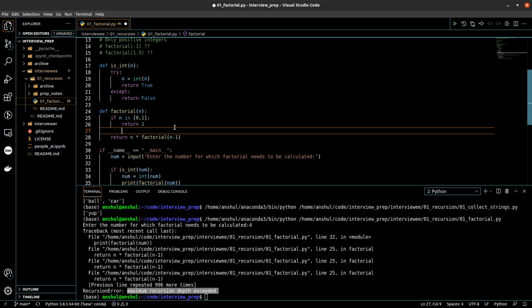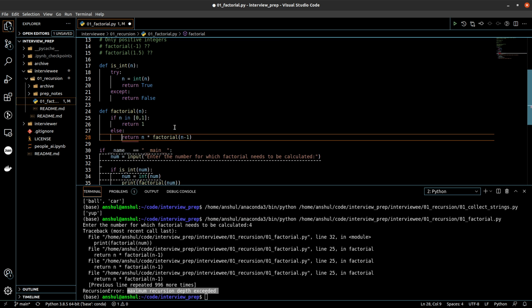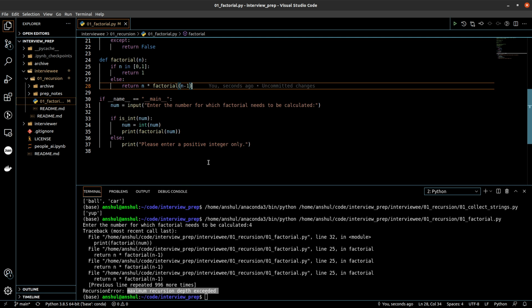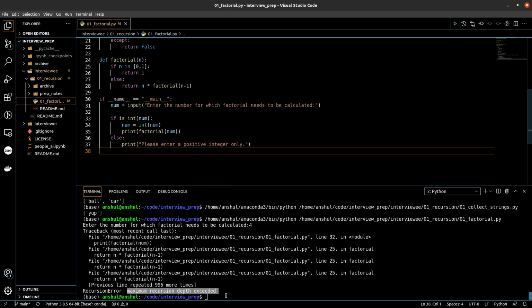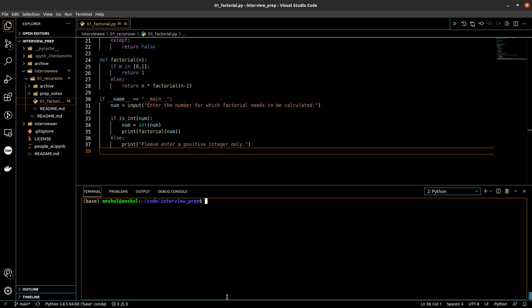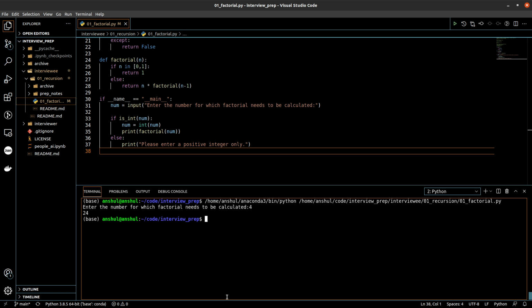Okay, else we will return a value of n multiplied by factorial of n minus 1. So after this, let me clear the screen and let me try to run this again. Okay, now if I pass the number 4, I get the output 24.